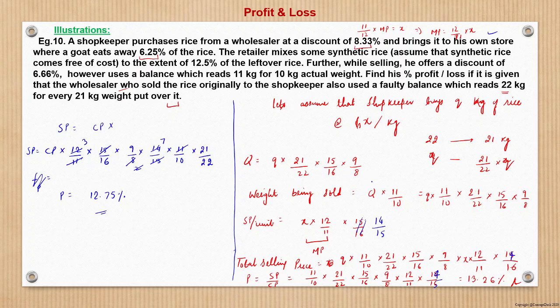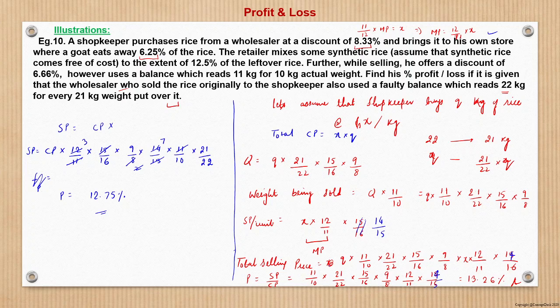However, this red ink is a very elaborate one. We have broken this and understood in terms of what is the net impact on the weight and on the selling price, and then total selling price will be the weight into the selling price per unit, whereas the total cost price is X into Q, right? So those two things we know, then we can calculate the profit.